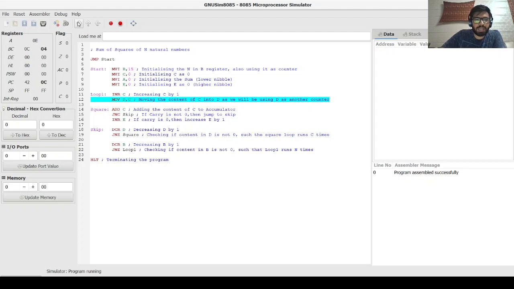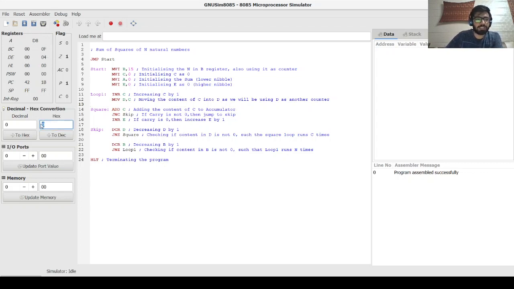As you can see, I have taken the value of n as 15, so this whole loop will be conducted 15 times, and our result would be this. So our higher byte of the sum is 04, and the lower byte is D8.